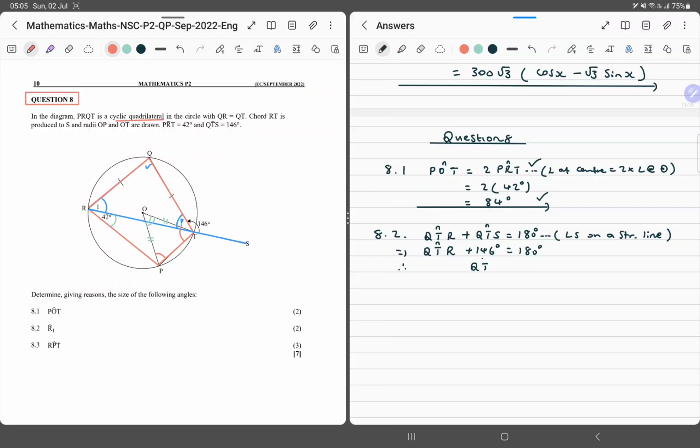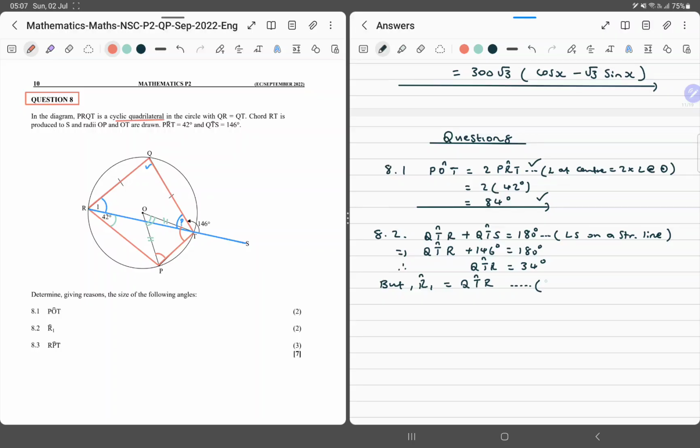Therefore, QTR is equal to 180 minus 146. I don't know why I'm thinking now about 180 minus 146. Actually, my brain is thinking. But I think this statement was not quite right. We can say, we know that angle R1 is equal to angle QTR,